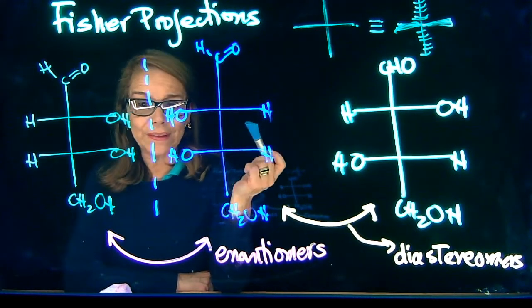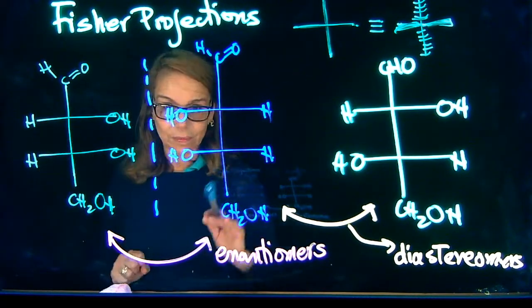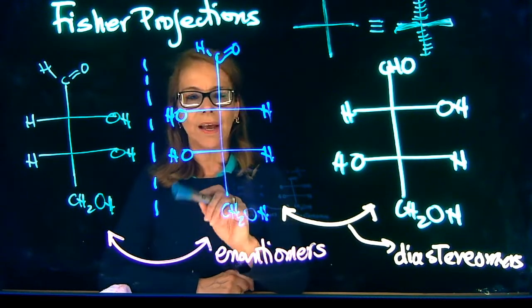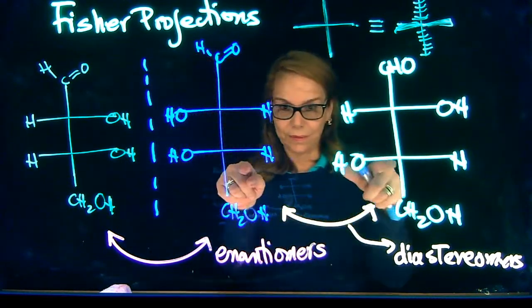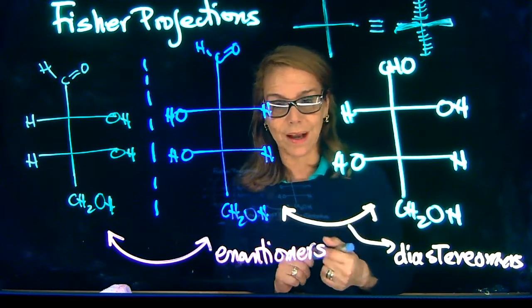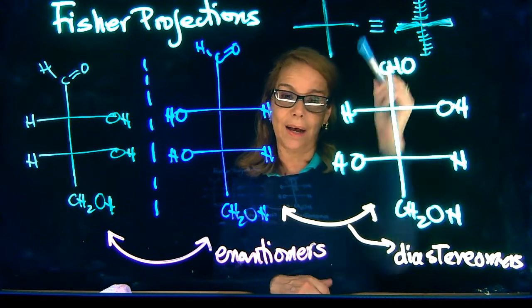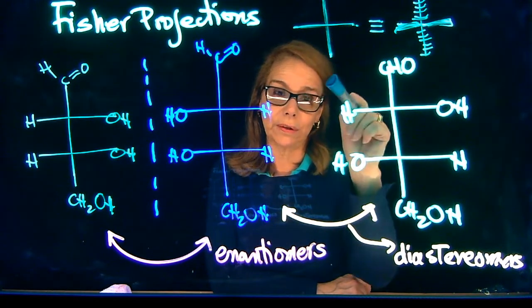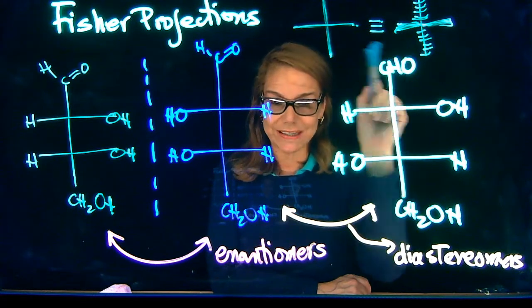In a previous video, we drew these molecules and said that these two are mirror images, so they are enantiomers. These two, for example, are not mirror images, so they will be diastereomers. Also, let's remember the convention for Fischer projections: all the vertical lines will be dashes and the horizontals